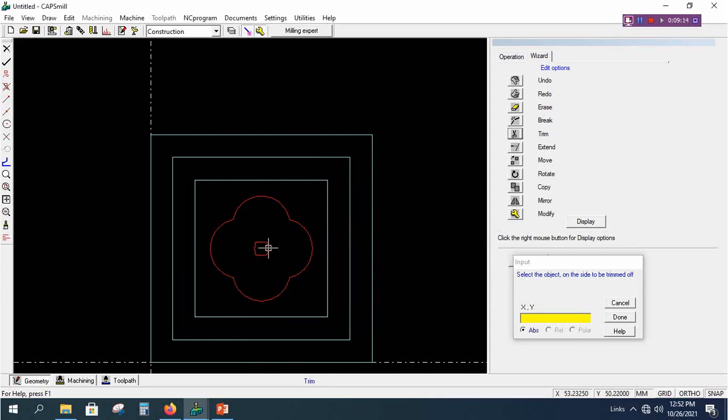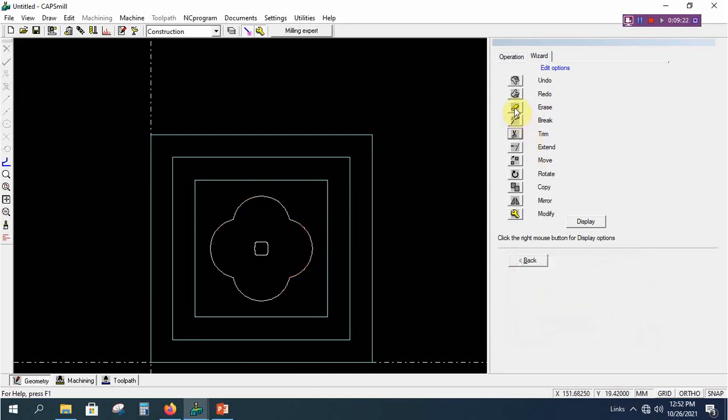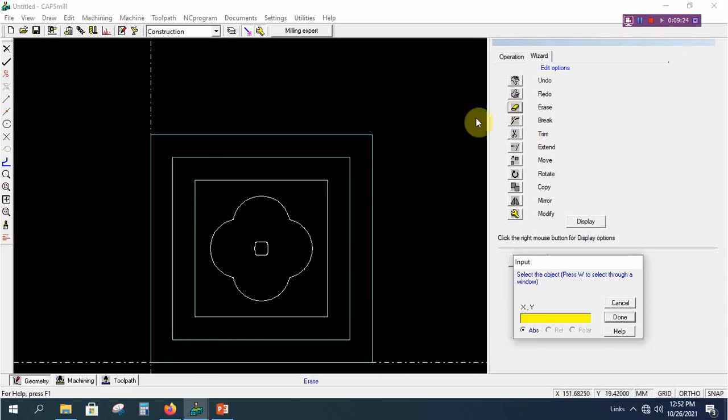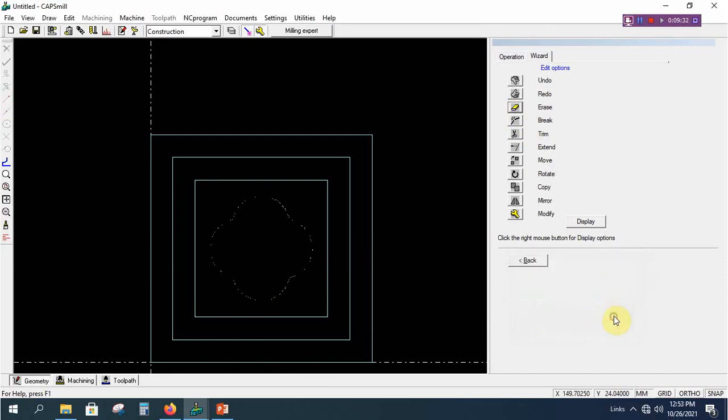Almost we have trimmed 80%. This portion cannot be trimmed, so give done and then go with the erase option. Now you select all the lines. Simply give done. Go with the redraw icon. We will get the proper profile.